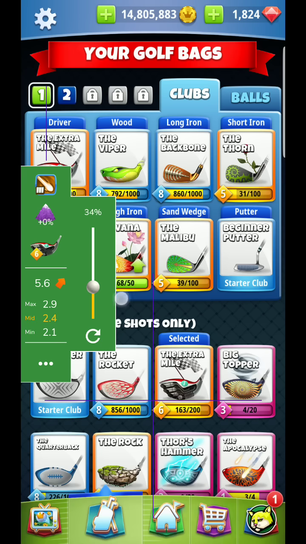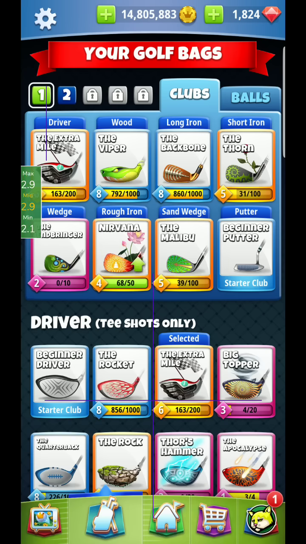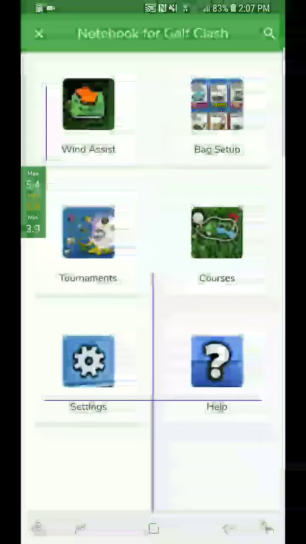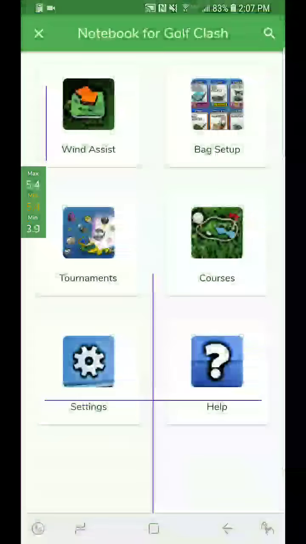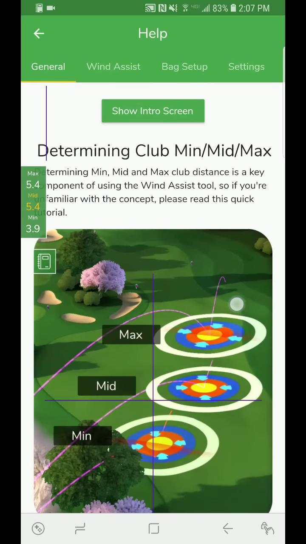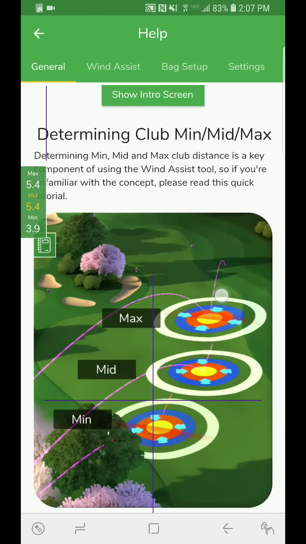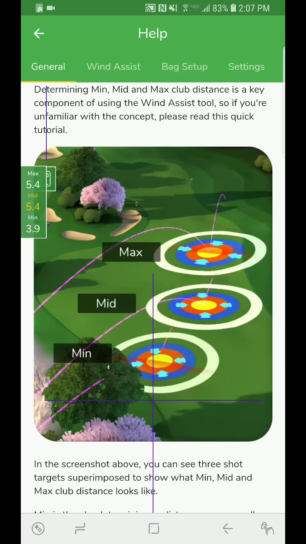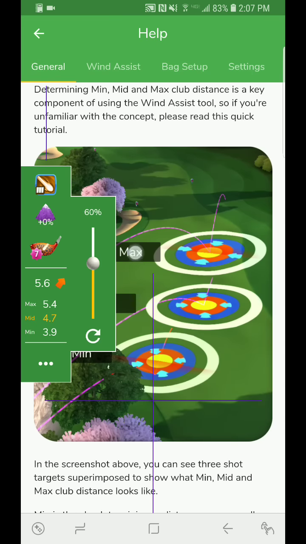One of the things that you'll need to be careful of is this new power slider. You'll see it shows a percentage. The purpose of that percentage is pretty much for determining the distance in between min and max. So if you need additional assistance understanding min, mid, and max, you can find this information in the help section in the app. The power slider pretty much just maps one-to-one to the min to max range. So, down here's min, up here's max, and you're just going to basically estimate where your shot is falling